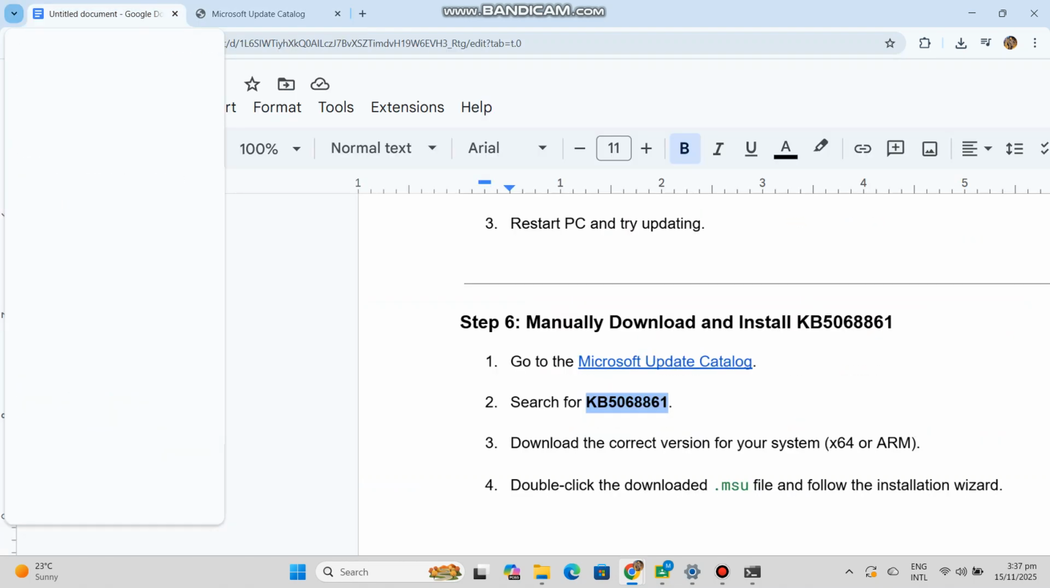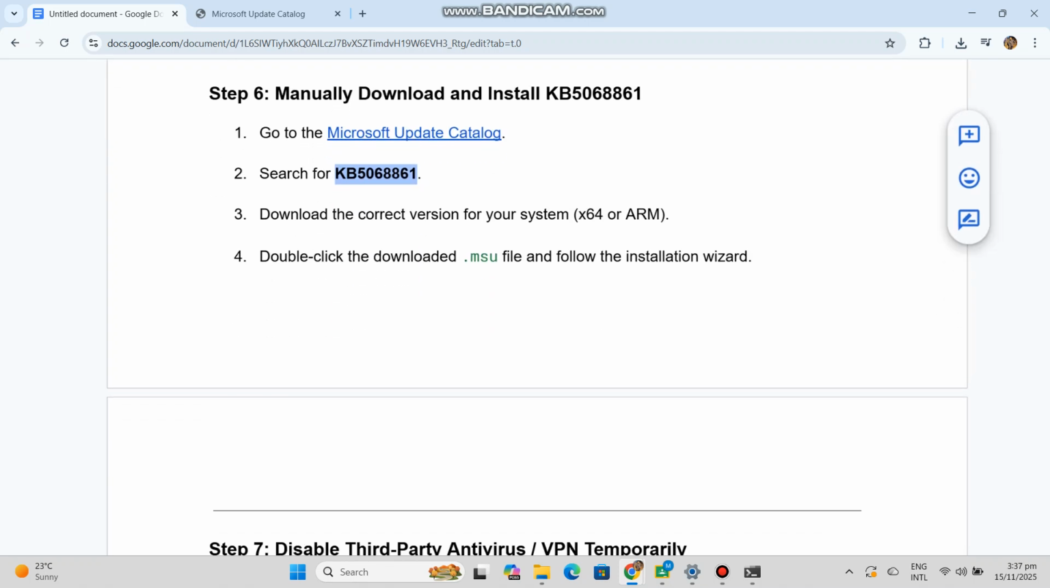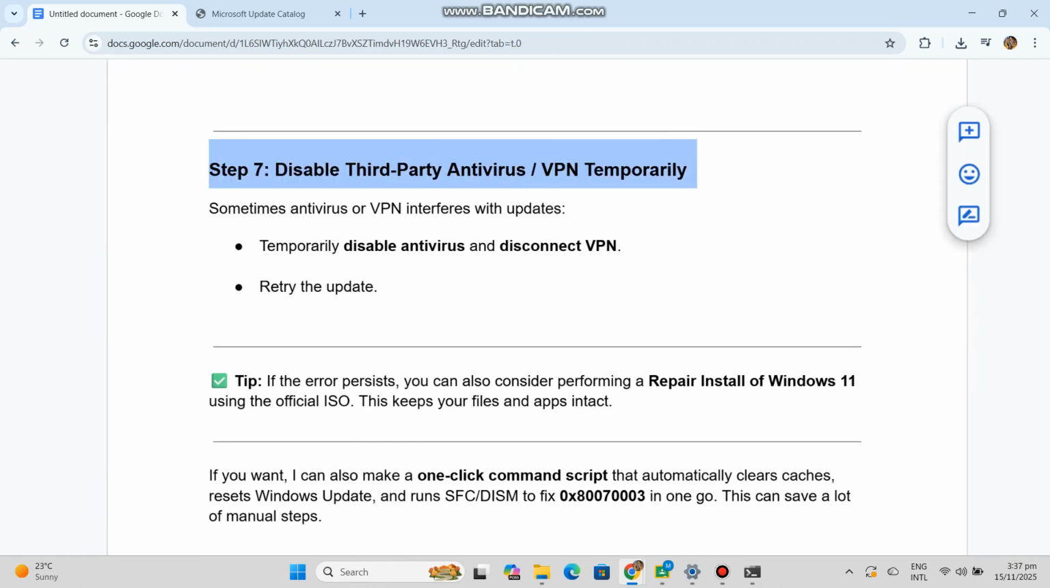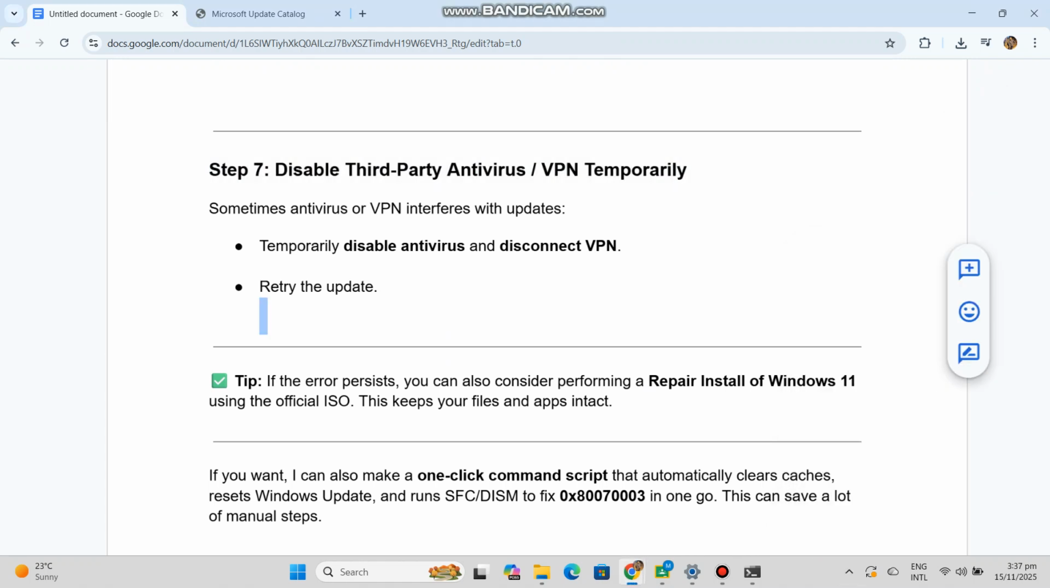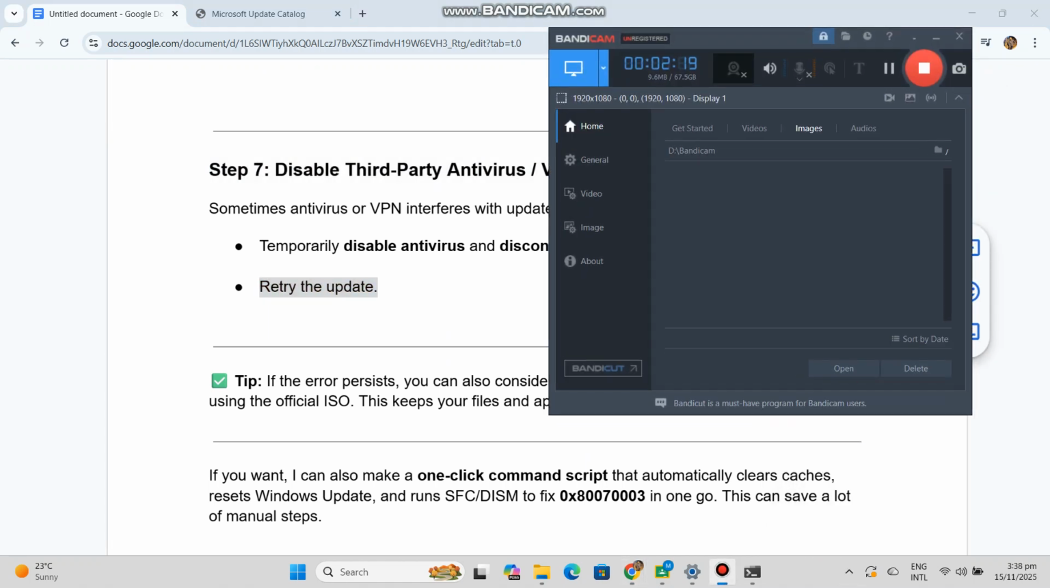Step 7. Disable third-party antivirus and VPN temporarily. Sometimes antivirus or VPN interferes with updates. Temporarily disable antivirus and disconnect VPN. Retry the update. Tip: if the error